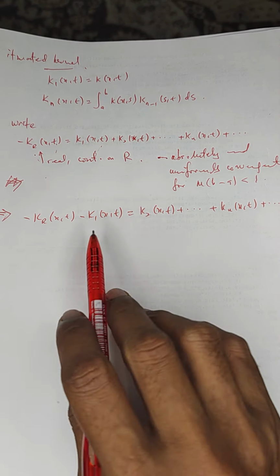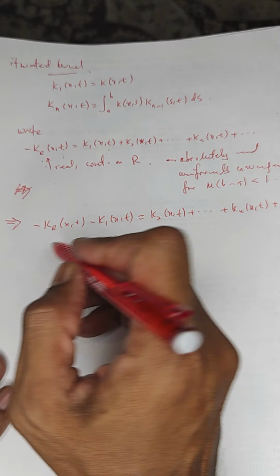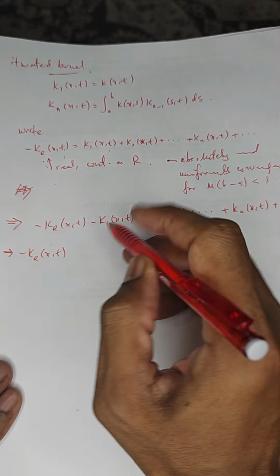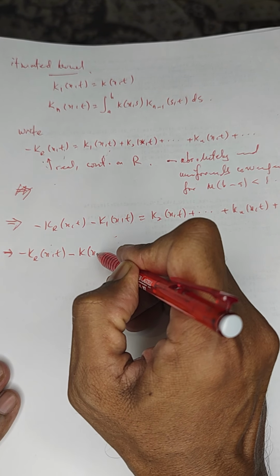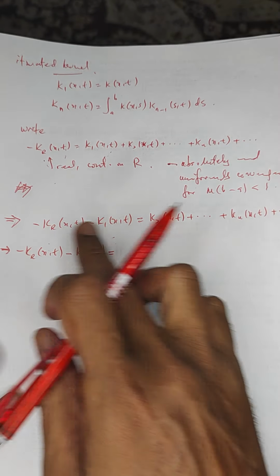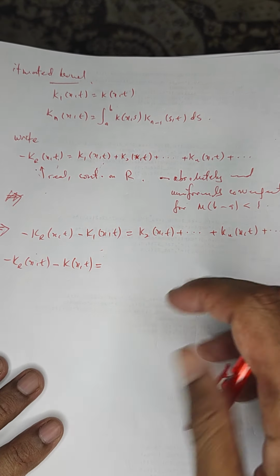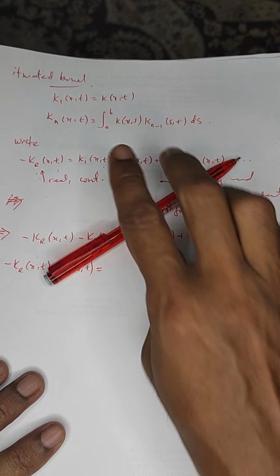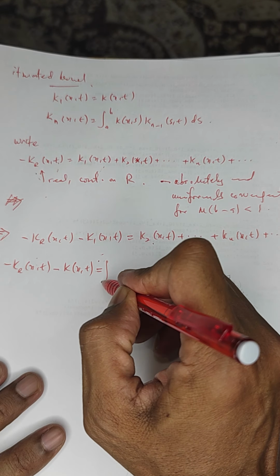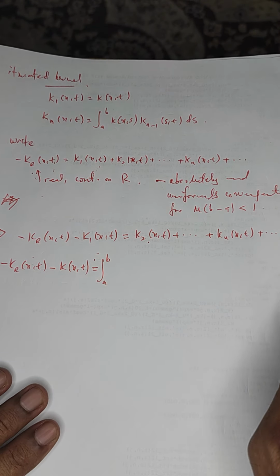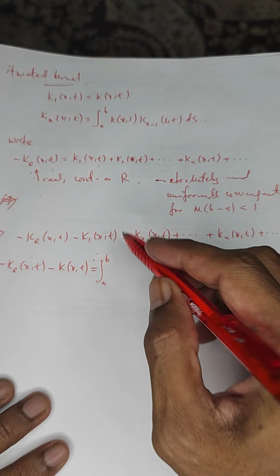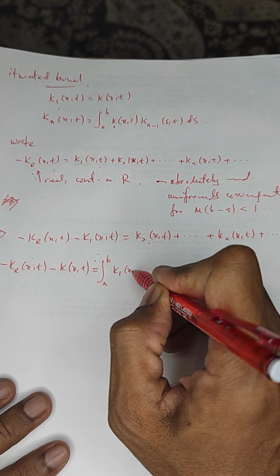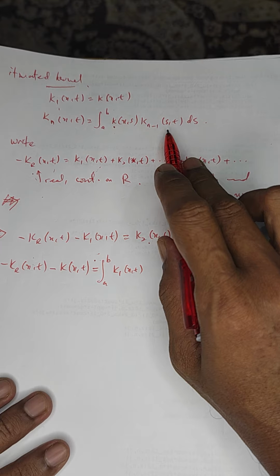And k1 is equal to k, so I can write this as k_r(x,t) minus k(x,t) on the left side. On the right side we have k2. We can use the definition of the iterated kernel here. So for k2 we have integral a to b, k is k1, so I can write this as k1(x,t), and then k2,